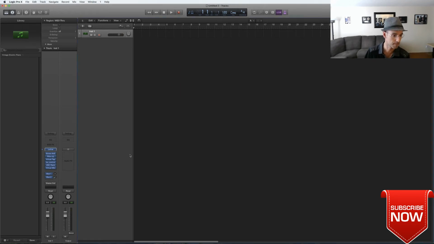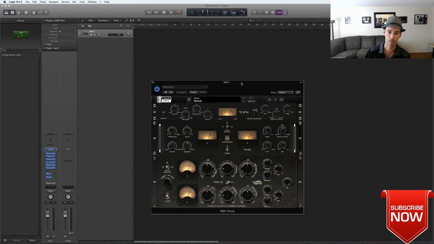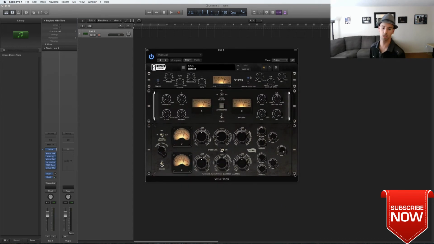Then VBC Rack. Oh my god, another incredible creation from Slate Digital and my friend Fabrice. This is three different compressors. They all have their own sound, and I can explain it a little bit. I especially use these on the master buses. I actually love this one. It brings some transients. If you want something that hits more, boom, you put that in and it hits more. It's really cool. Then you can just play around with the other ones.